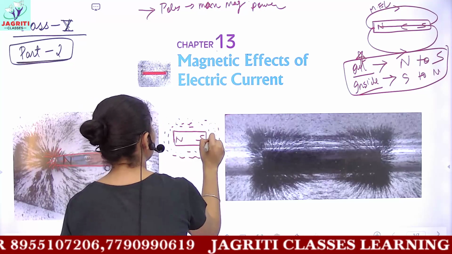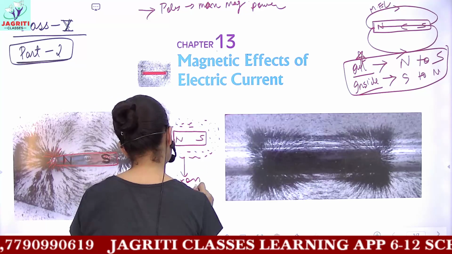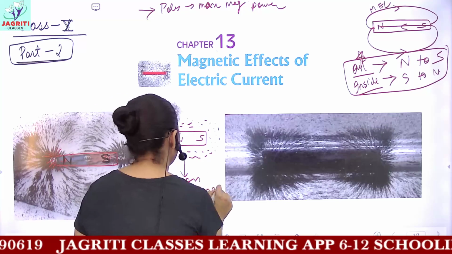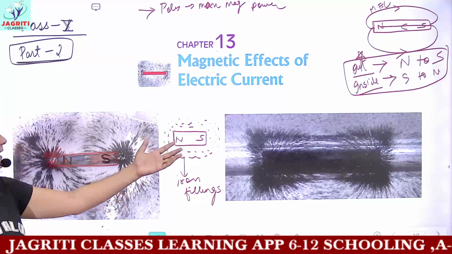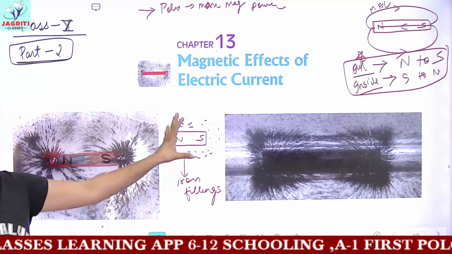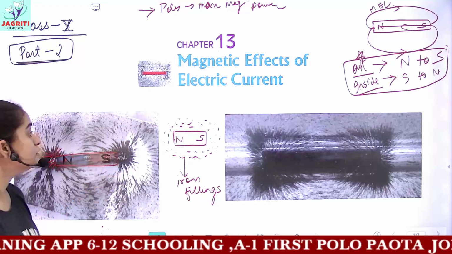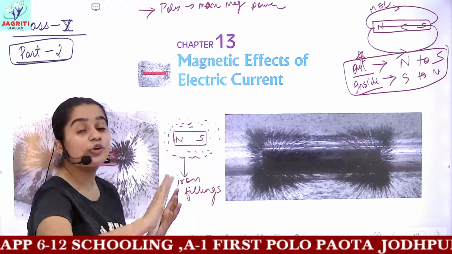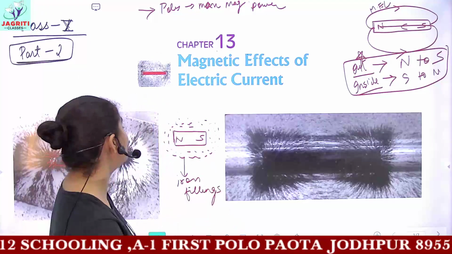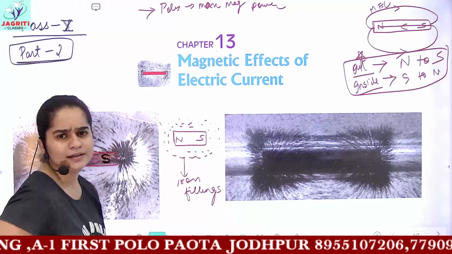So these are the iron filings, very small fine pieces of iron. So we are putting a magnet. Firstly, we put iron filings and then we put a magnet. A magnet is being placed inside this situation. So what was observed is all these iron filings which were uniformly spread on the ground or on the table, these iron filings, they got stuck to the magnet. Yes, they will get stuck.